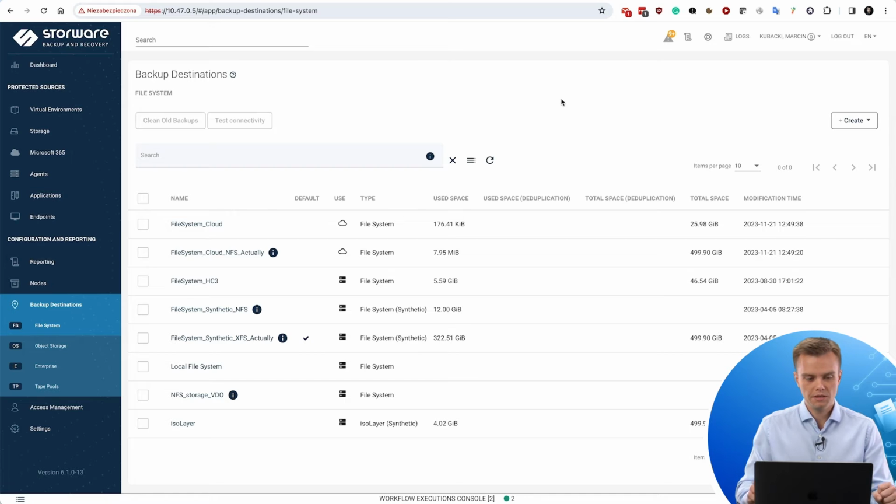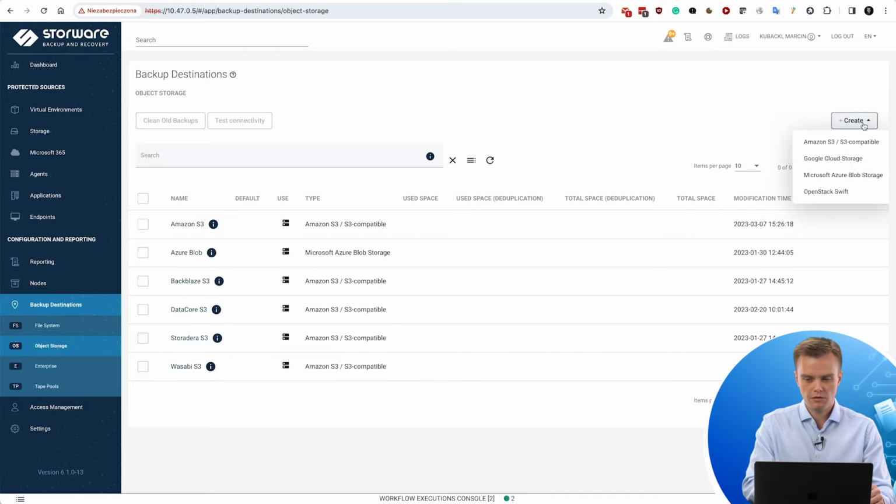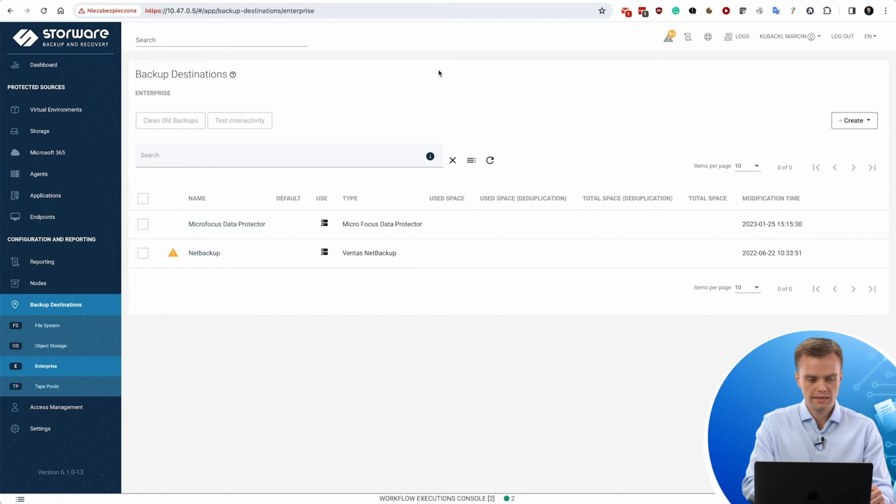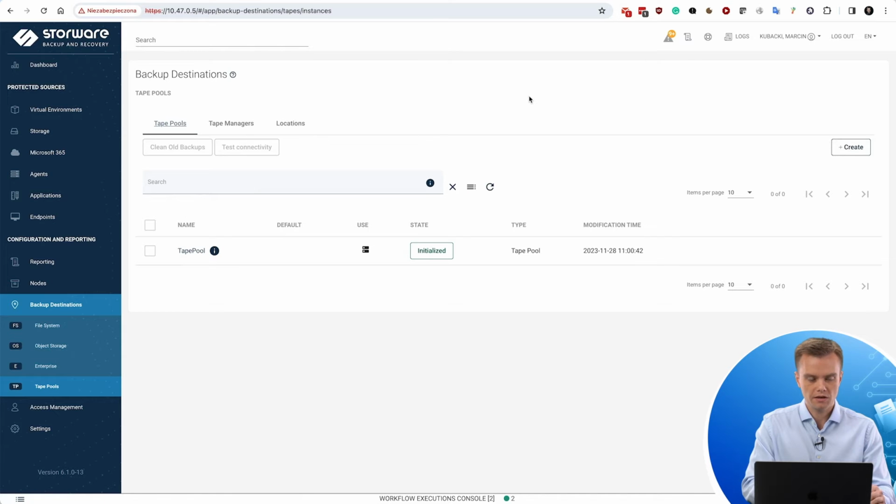Backups can be stored in the wide range of different backup destinations, so you can select either file systems, which are both synthetic and non-synthetic, especially important for the instant recovery, the synthetic one, but also you can use object storage, and that includes S3 or S3 compatible, but also OpenStack Swift if you would like to use, and some other cloud storage like Google or Microsoft. Enterprise legacy backup destinations, that includes Dell, IBM, Veritas or Micro Focus, or even tape pools that are currently supported